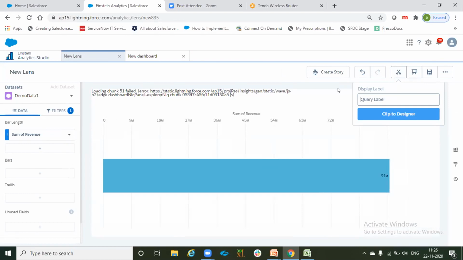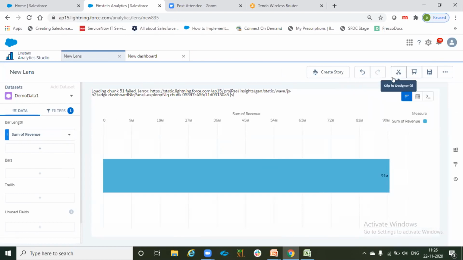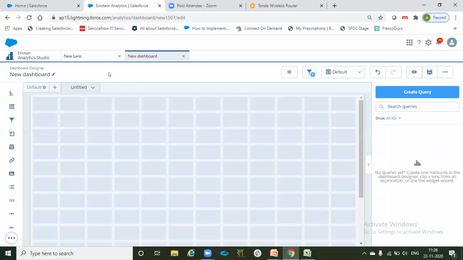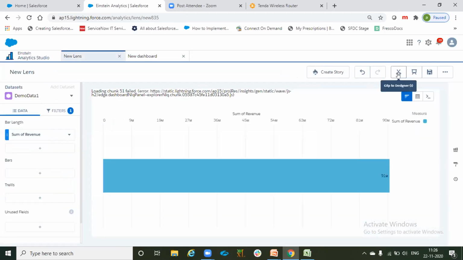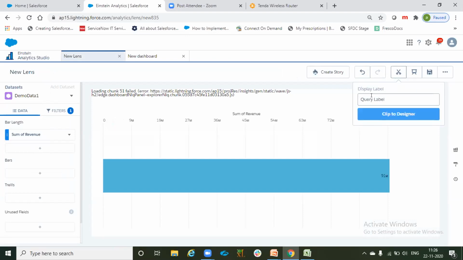From this Caesar key, you can clip the lens or you can clip this chart into your dashboard here. So how to clip it? On the top right side, you will see this icon which looks like a scissor. You can clip it and you can give the name here.